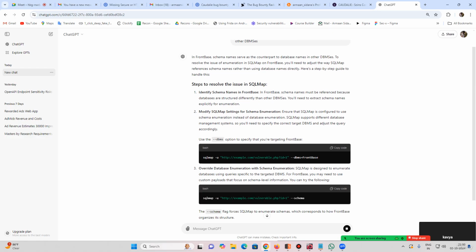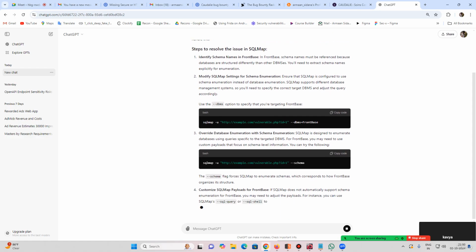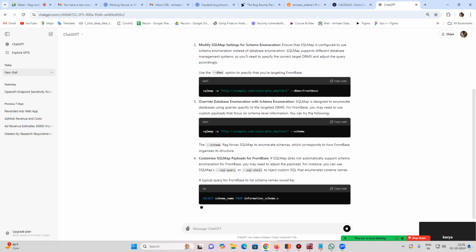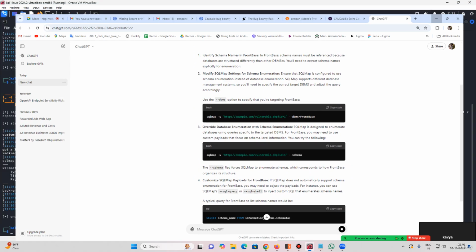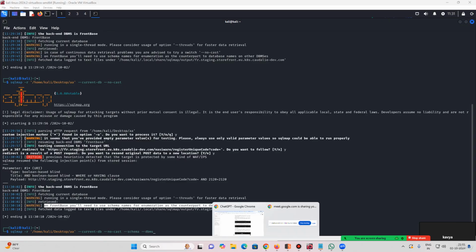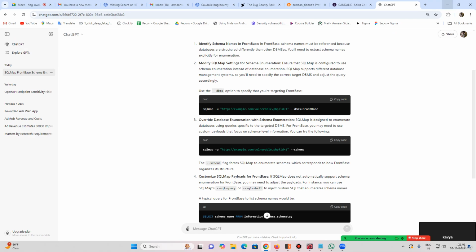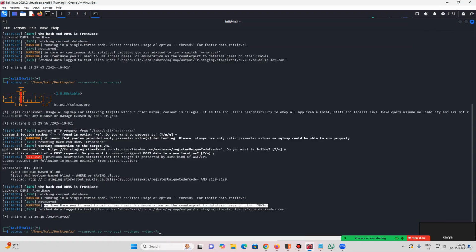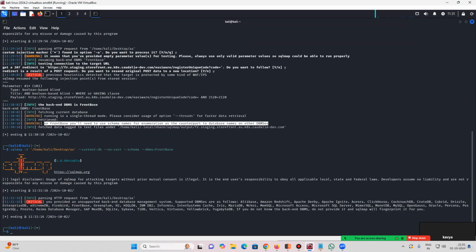Schema enumeration is DBMS Firebase. Schema. Let's try. DBMS is Firebase. Firebase. Hopefully it works. Okay, I guess there is some issue with my writing Firebase because